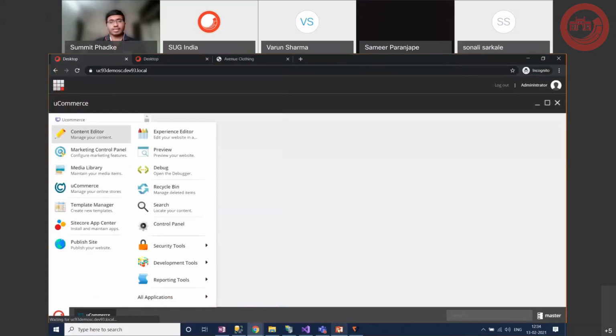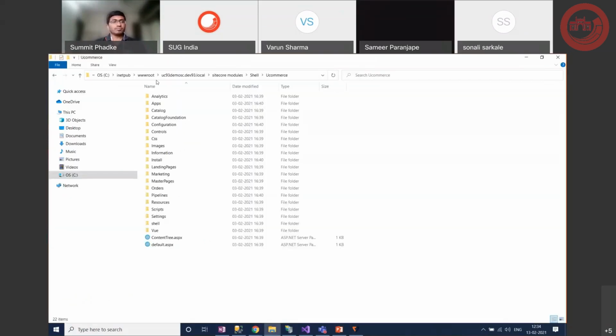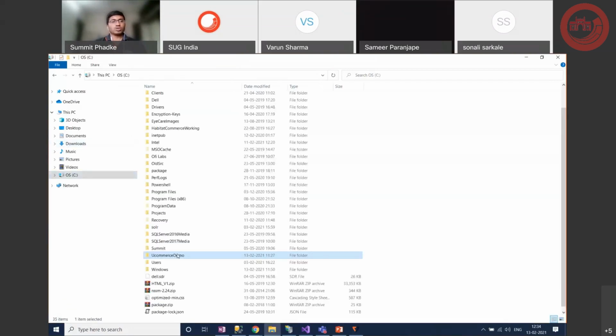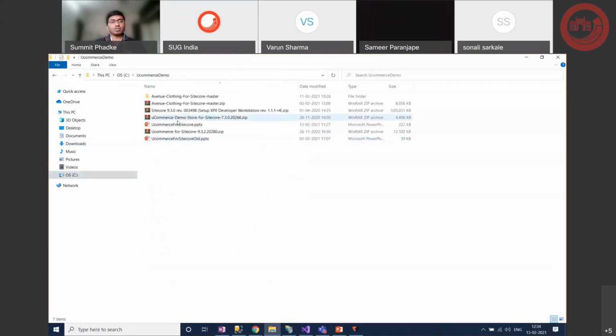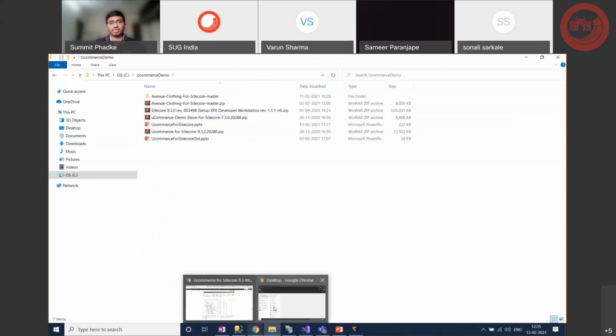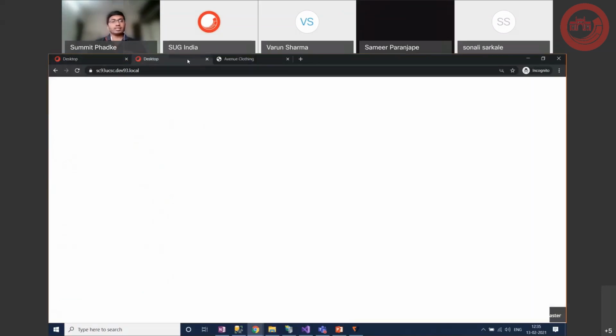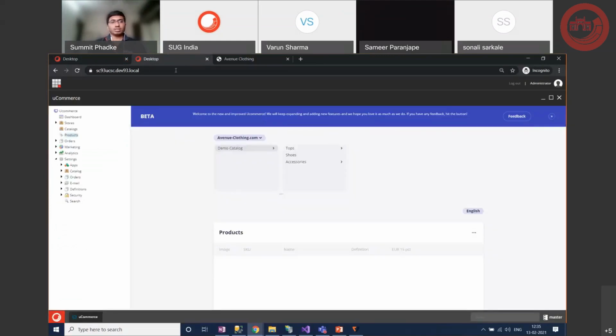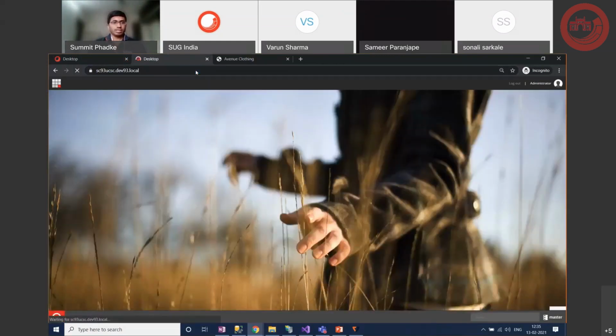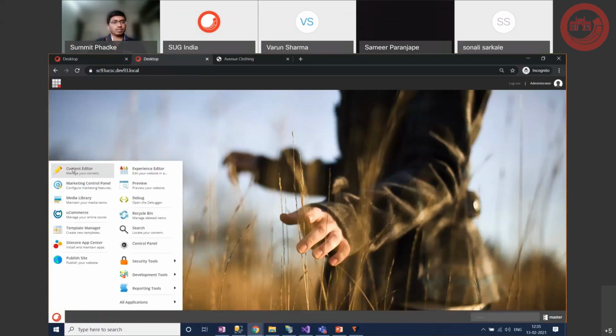When I say accelerator, as I told you guys earlier, you have this WooCommerce demo storefront for Sitecore 7.03. This is again a package, and when you install that package on top of your Sitecore application, you just need to install it once.